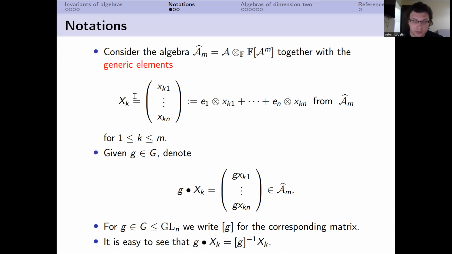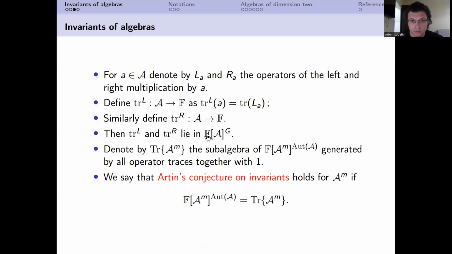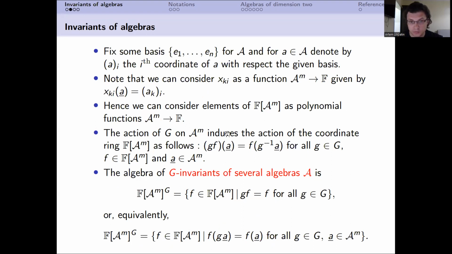Why do we need it? Because then we can explicitly define the action of the group G over the coordinate ring. Let me come back. Here the definition was given by this formula. It's not an explicit formula. So assume that we have a description of the group of automorphisms given by matrices, as we will have in our situation. And then we would like to consider the explicit action of the group G over the coordinate ring. Then this formula is not nice for us, because it depends on an arbitrary element a, and so on. We would like an explicit formula.